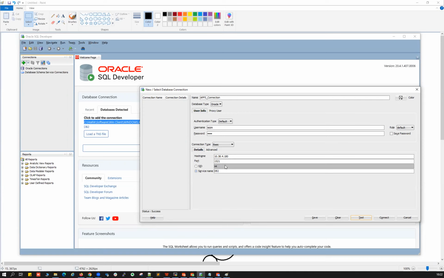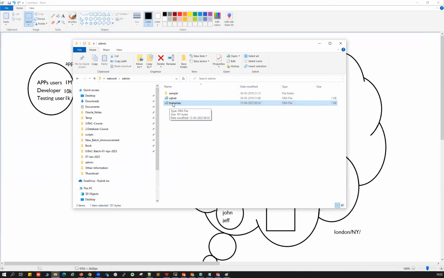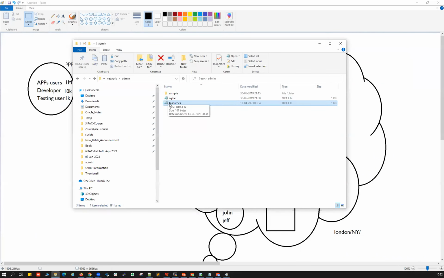So that's a TNS. For that, what the client will do is install this client software, and this is my client software, and they'll create this TNS file. In this TNS file, they're going to put all those TNS entries. Let's see here. So I put the DB2, protocol, host name, port, and the service name. I put all the TNS details in the client. If the client has 100 servers, 100 databases, they can put all of them here.